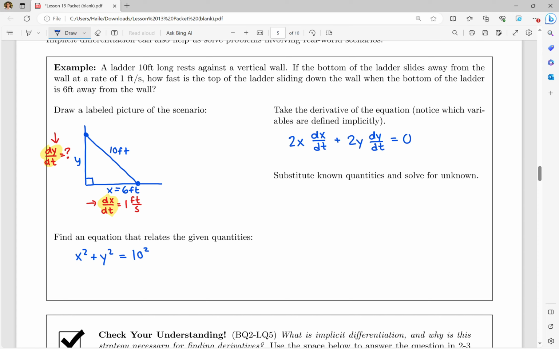So I want to substitute everything I know and figure out what I still need to find. So let's see what we can do here. We have 2 times 6, because we wanted x to be 6, times 1 because dx dt is 1,